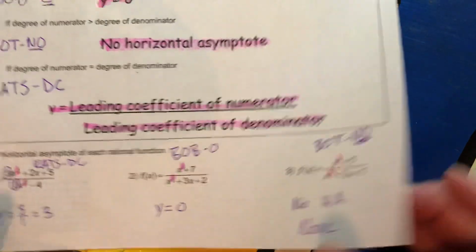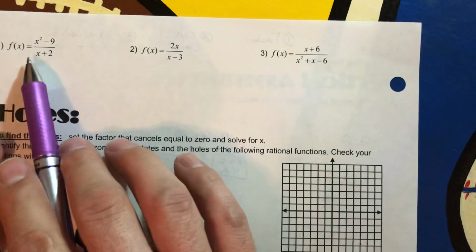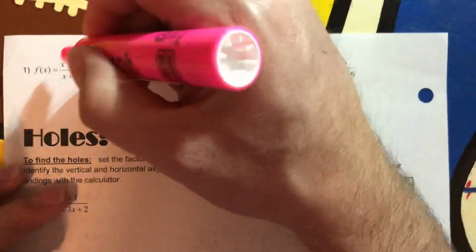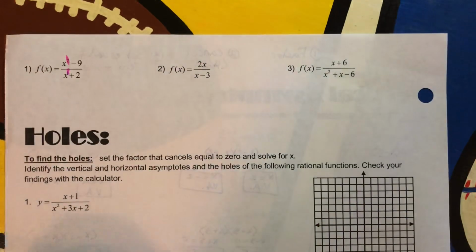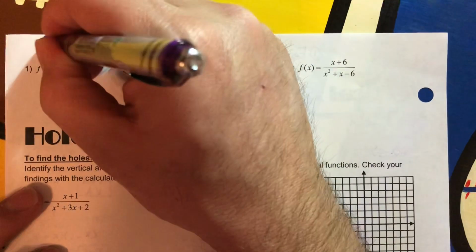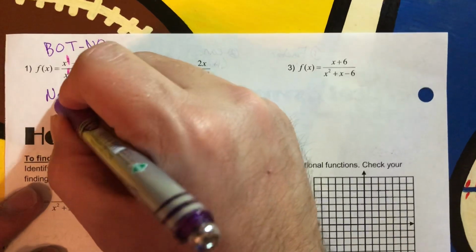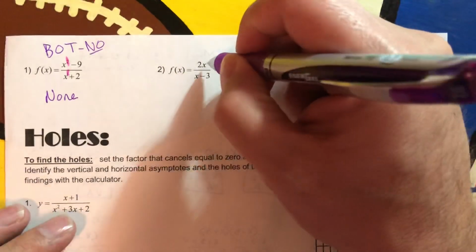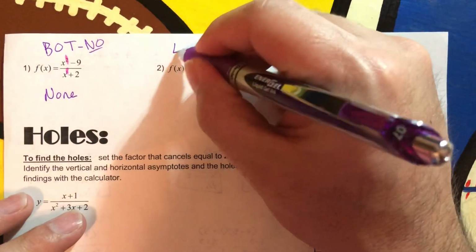All right, so we flip this over to the other side. At the top again, we have 3 more examples just for the horizontal asymptote. So this is 2 up top, and then it's a 1 down here on the bottom. So that's bigger on top. Bigger on top, bot no, so this is none, no HA. Okay, and then this one is a 1 on top and a 1 on the bottom, so that one is eats